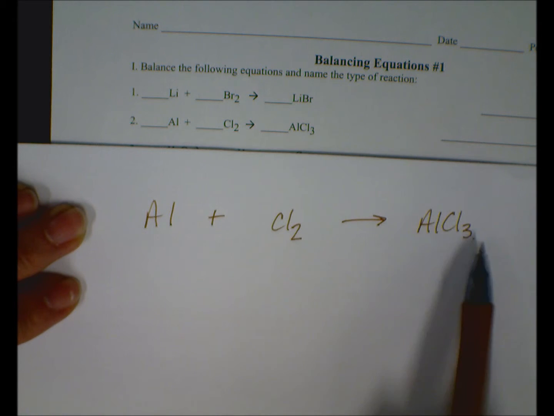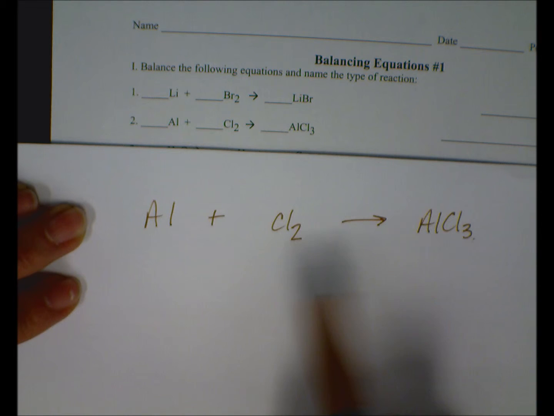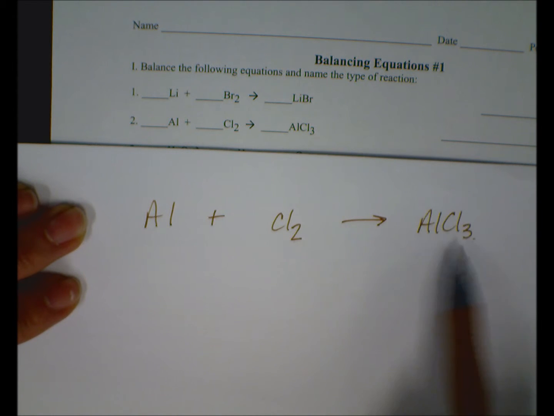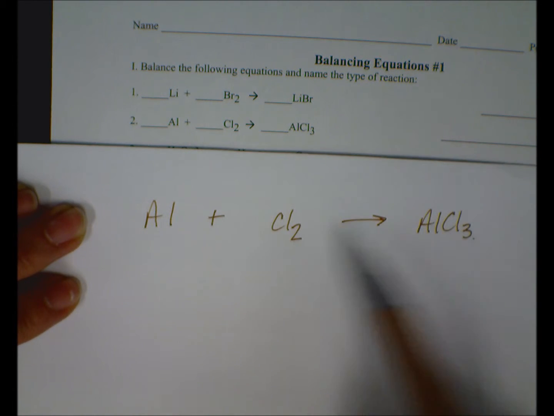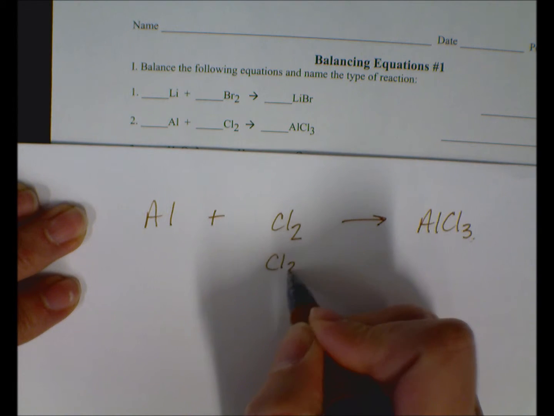Now, for rewrite, I always tell kids to start with the subscripts. I realize that those subscripts don't match. You can't have just an extra atom of chlorine sticking around, because that doesn't make an actual compound. AlCl4 isn't anything. So in my head I go, what do 3 and 2 both go into? Well, that's 6, because 2 times 3 is 6. So if I rewrite this,